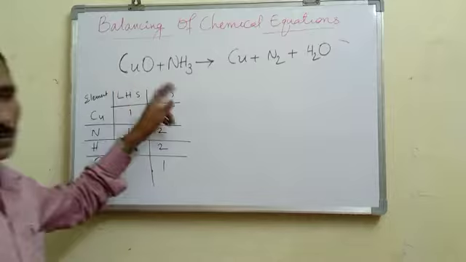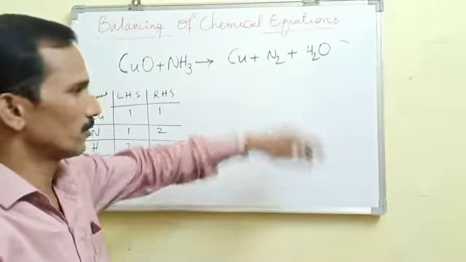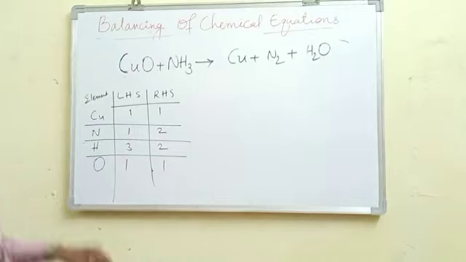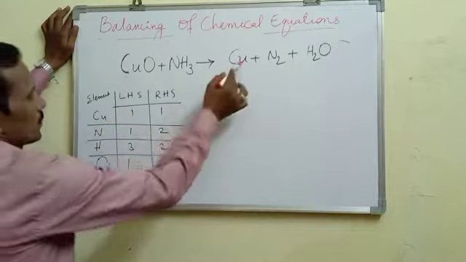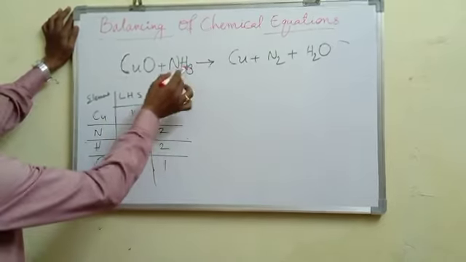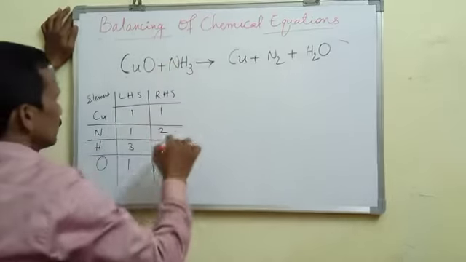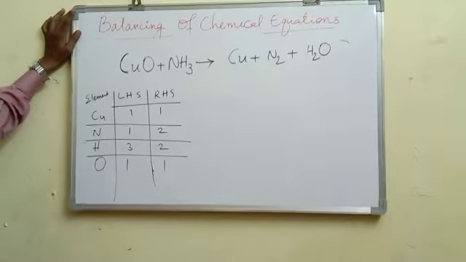Dear students, in this example, copper oxide reacted with ammonia to give copper, nitrogen and water. So this is the LHS side, copper is 1, RHS side copper is 1, nitrogen is 1, nitrogen is 2, here hydrogens are 3, here 2, oxygen is 1, 1. If you go for